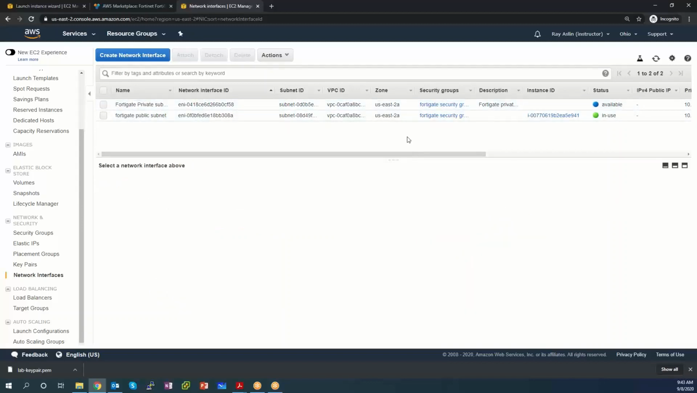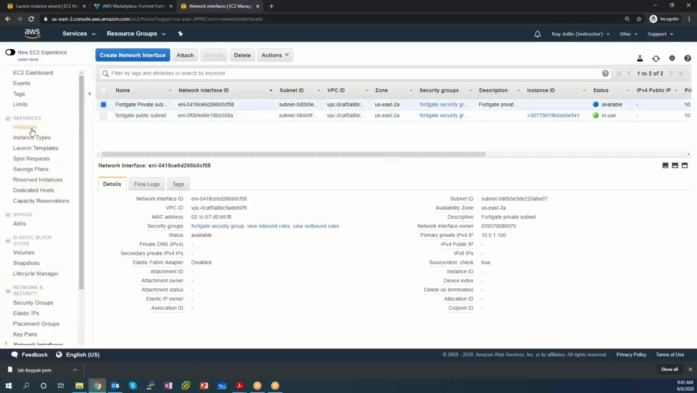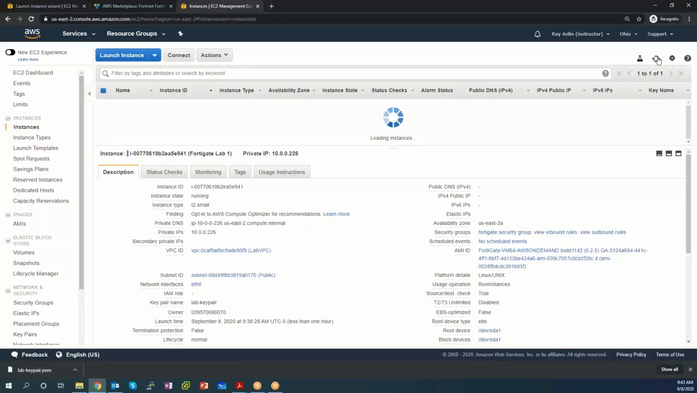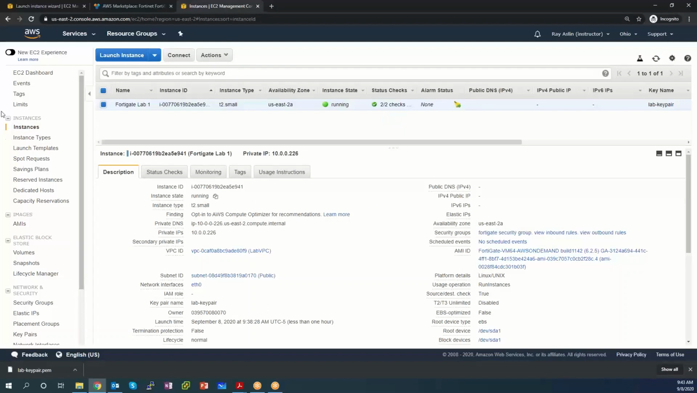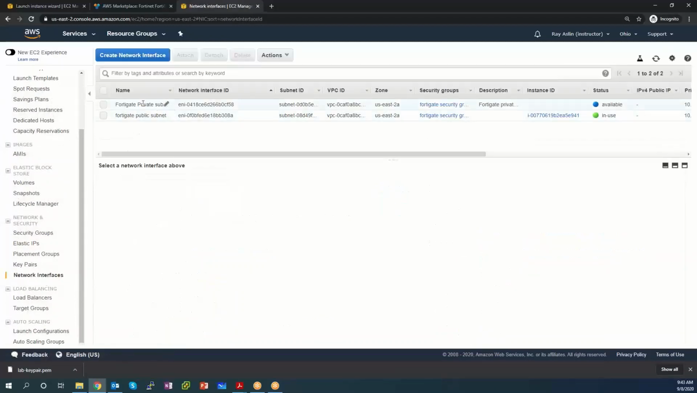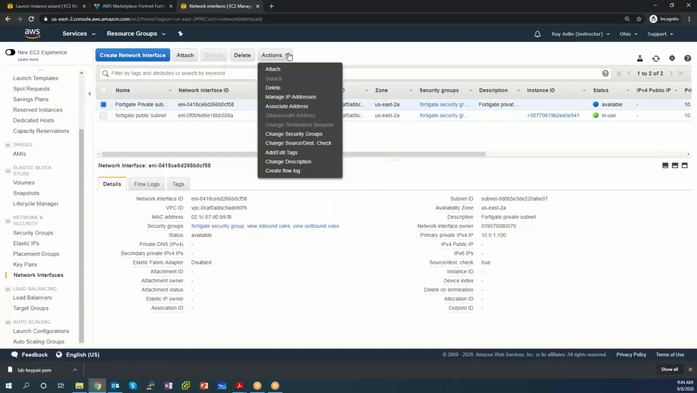There we are. All right, I've got one plugged into public, one plugged into private. And if we go back to our instances now, oh, you know what? I forgot to do something when I was on the other screen. Let's go back there for a second. Network interfaces. I created the private subnet plugged in ENI, but I didn't actually connect it or attach it